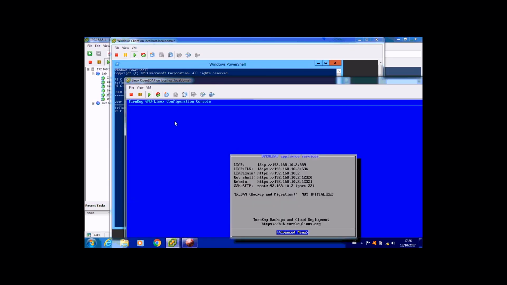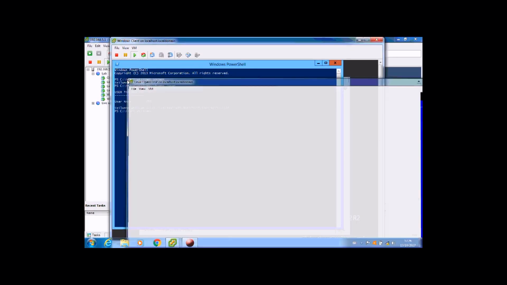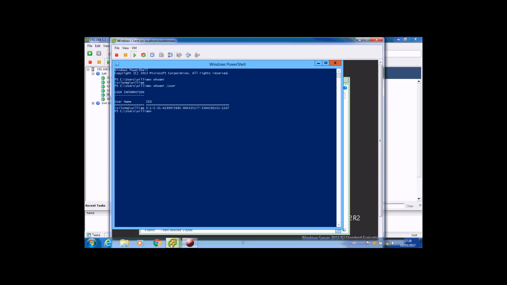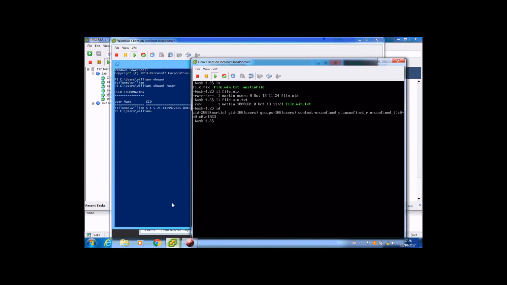I can't log in as William directly, but of course I can look at his file as Martin if I can type it. So notice I can see William's file. I'm not William, I'm Martin, but